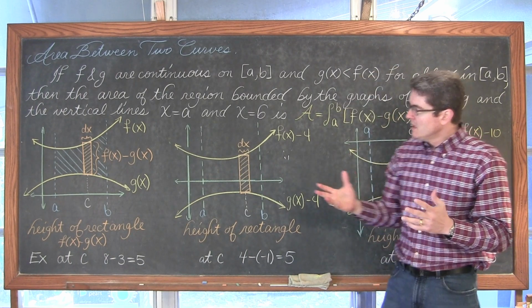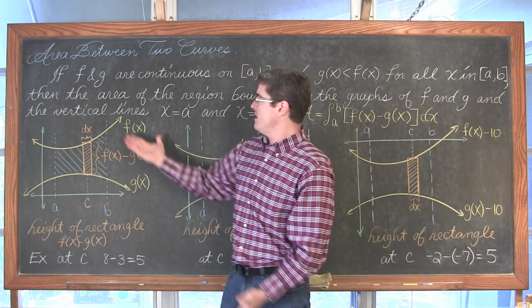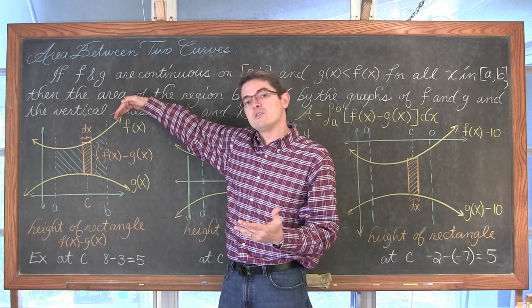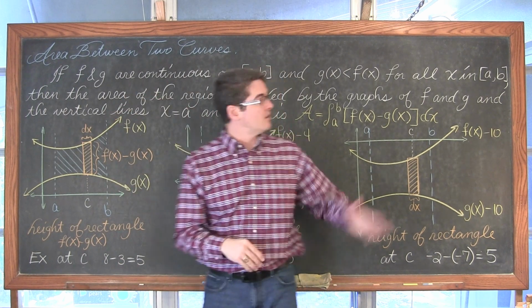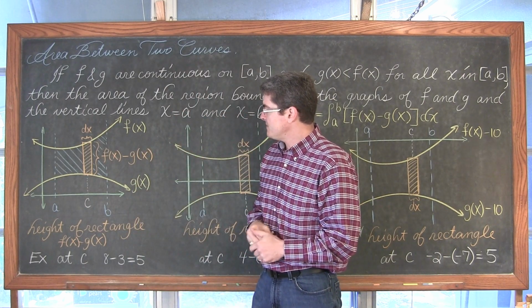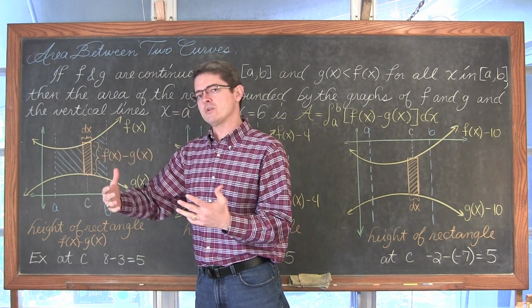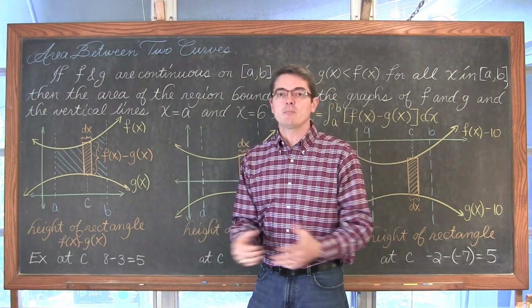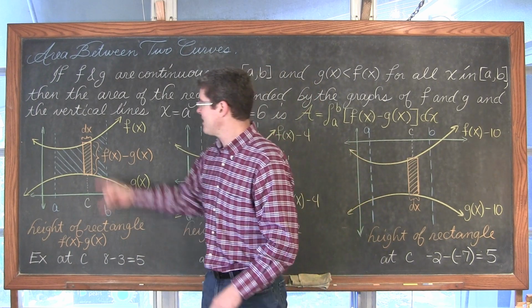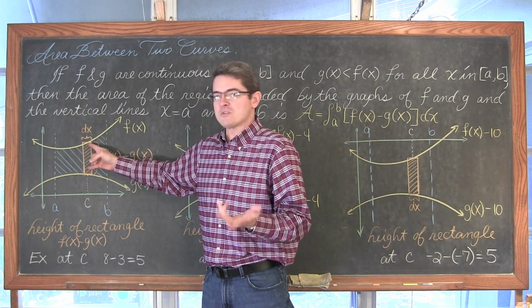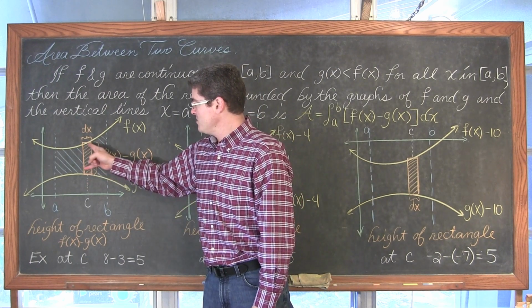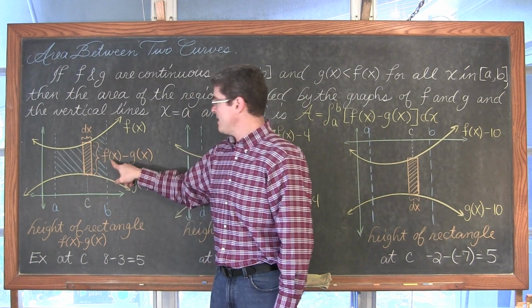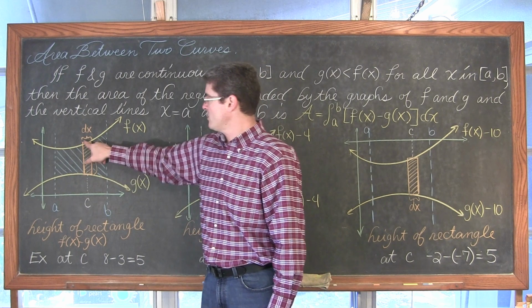So, you might go, okay, I have a closed interval from a to b, and our function f of x is always greater than g of x, like our theorem requires. And just like when we first were introduced to estimating area with a finite number of rectangles, which then moved into a limit process, which then moved into the first fundamental theorem of calculus, we have a representative rectangle here, and we would use an infinite number of these to estimate the area. The height is found by doing f of x minus g of x, and the width is dx or delta x.